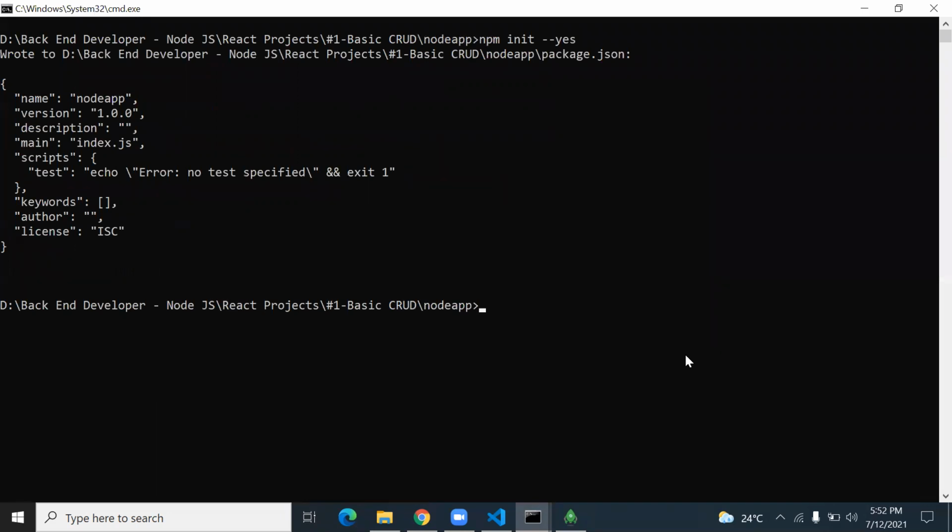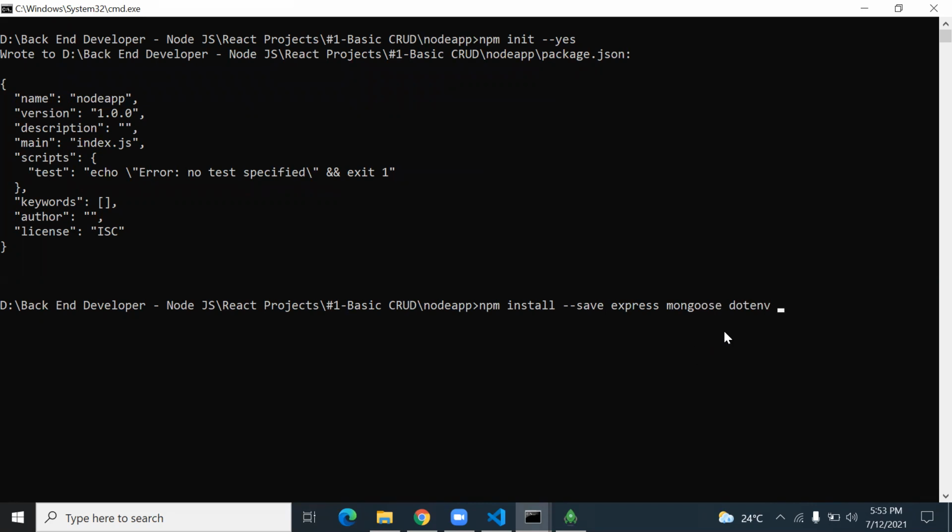We will install some modules along with Express.js. To install, we write npm install --save express, then we install Mongoose, as well as dotenv, which we need for the .env file, then Express.js validator, then bcrypt.js if you want.